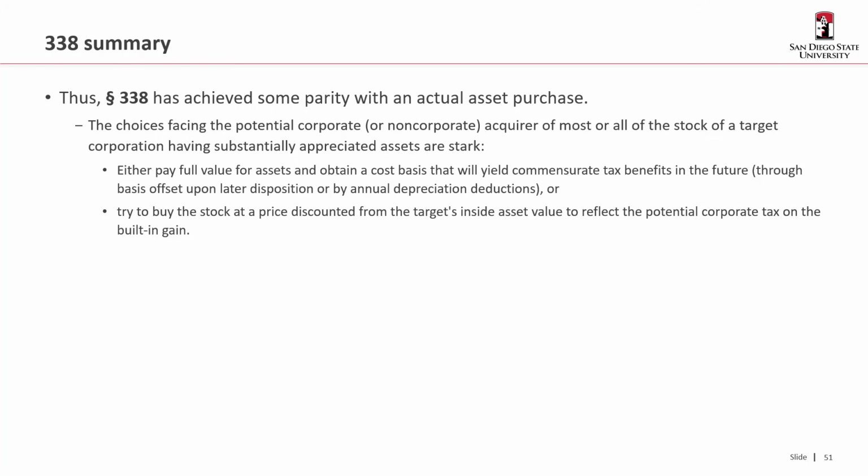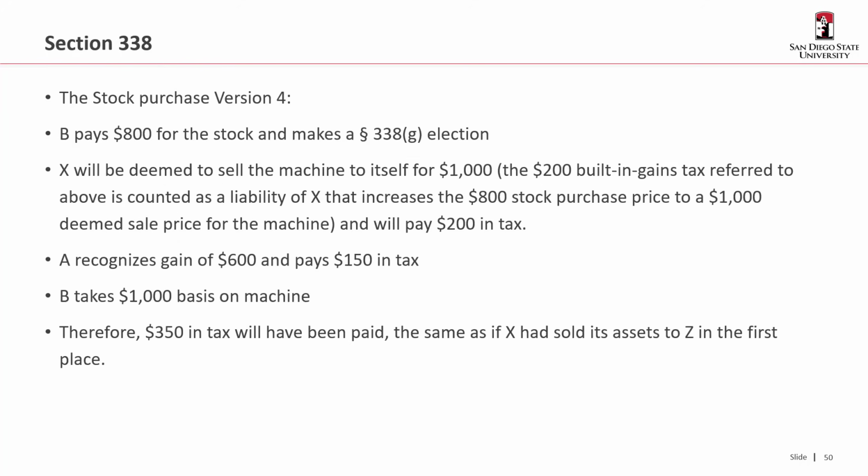Okay, I'm going to go back a slide to talk about that for a second because I think it's meaningful. So remember what happened. B only paid $800, and by paying $800, A implicitly paid a part of the tax on this deal. Therefore, A and B are in a position to negotiate how that tax is going to be shared, right? So A doesn't have to accept $800. They could say, no, I'm only going to accept it at $850, or I'm only going to accept it at $900. And then what happens is that implicit tax is going to be shared between the two parties, right?